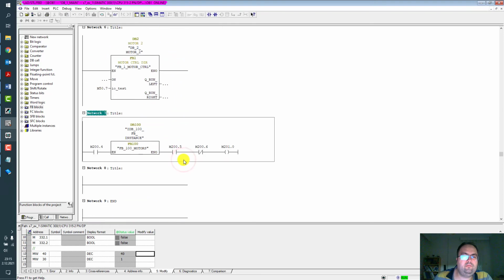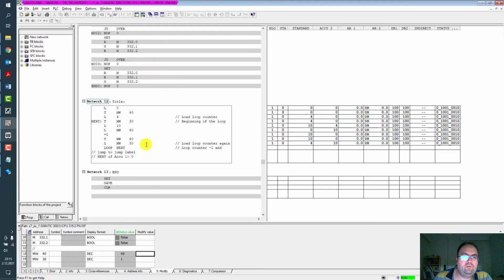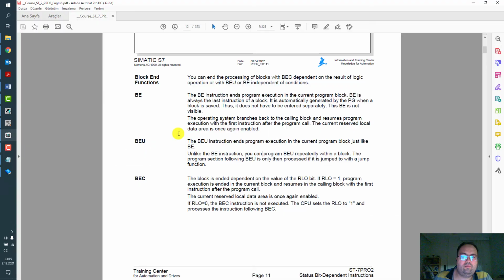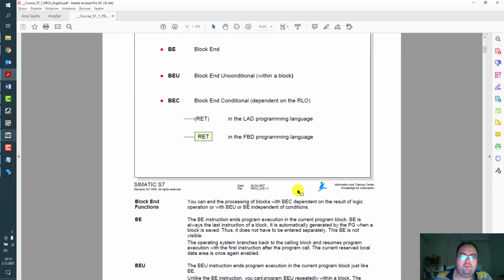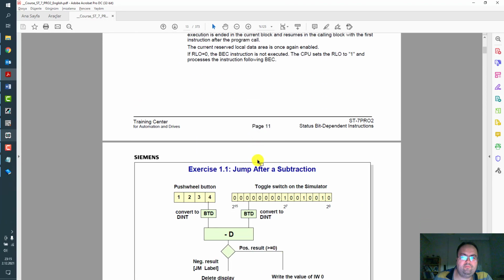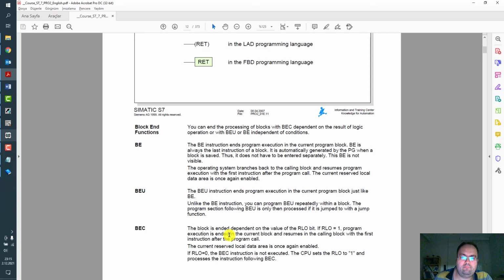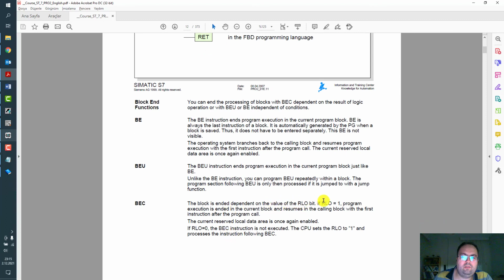So in a similar way, you can use some condition to control your subroutine with block end conditional, if RLO is set to true.